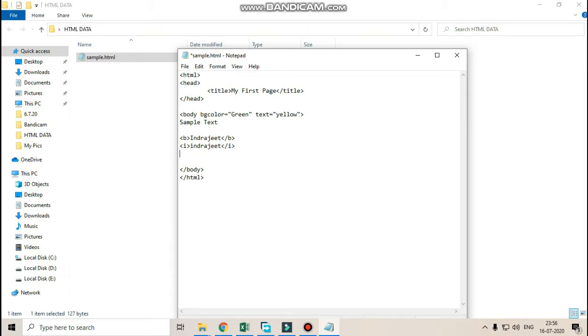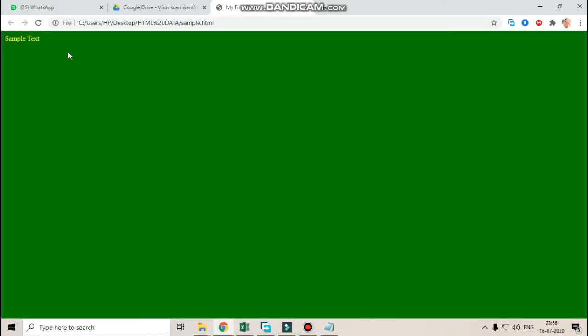Now I want to write my name in bold letters, so I will use the bold tag. Indrajit, bold tag, close. Now I want to write my name in italic font. I tag, Indrajit.